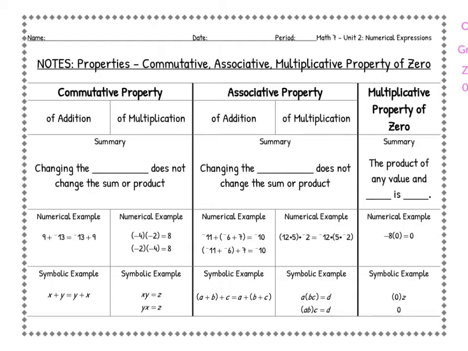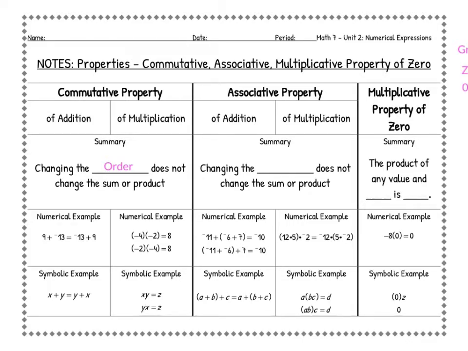So taking a look at our chart, we've got our three properties that we're going to talk about: commutative, associative, multiplicative, right across from each other. And we've got some definitions and some examples of each. So let's go ahead and start with the commutative property on our far left. It can be of addition or multiplication, so it can apply to either one. And it states that changing the order does not change the sum or the product. So if we change the order of the numbers in either addition or multiplication, it's not going to change the